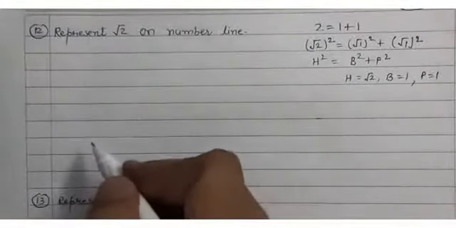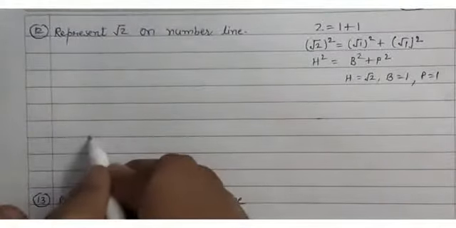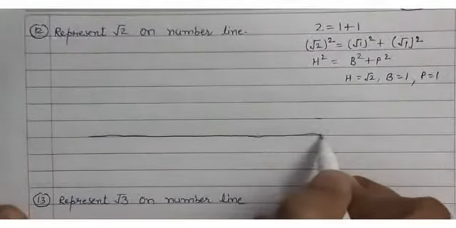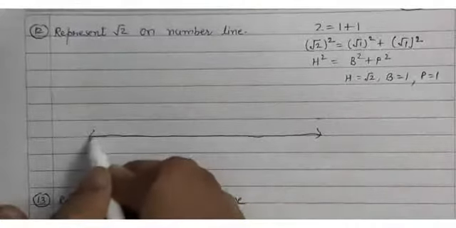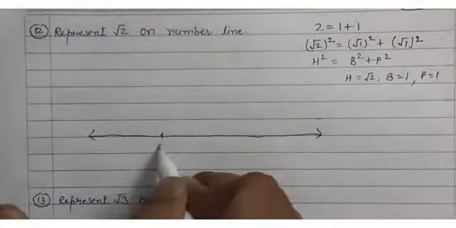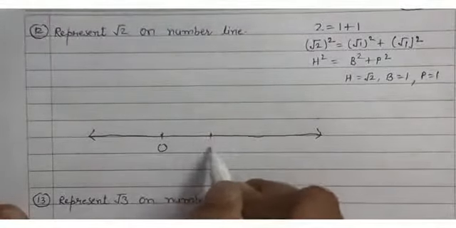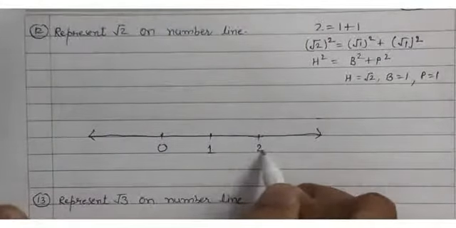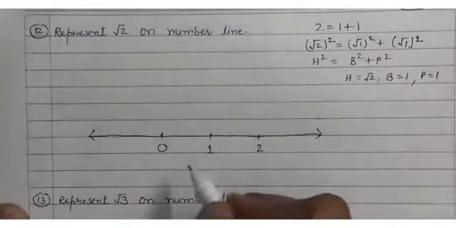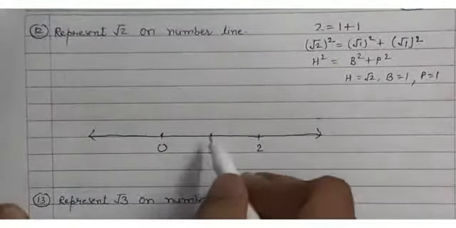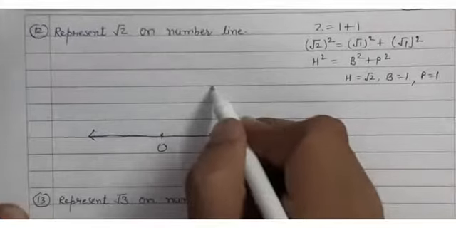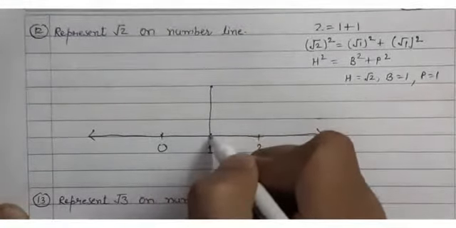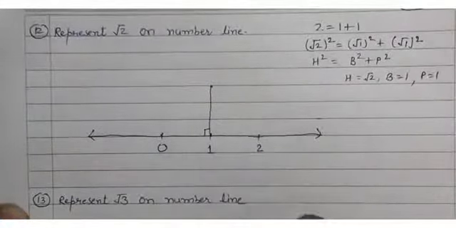Okay, now see. I am taking one number line here of 1 unit. I am taking inch type. Like 0, this is of 1 inch. Okay, this is of 2 inch, you take it by inch scale. Then what to do? Draw 90 degree with help of scale. I am drawing like this only. This is your 90 degree.